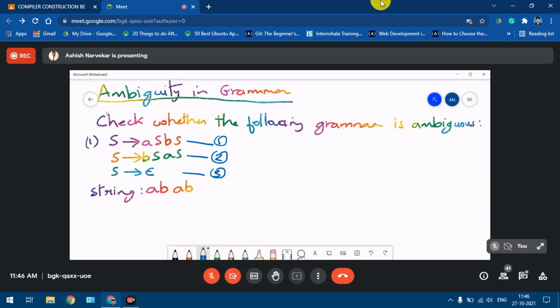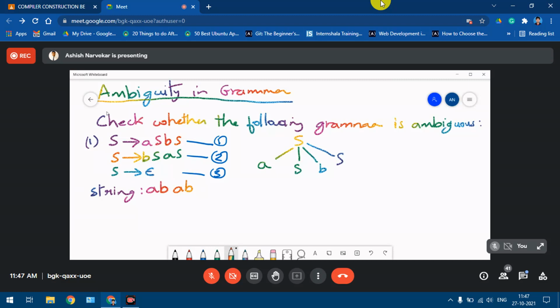So now, we can see that we cannot use production number 2 and production number 3 because they won't give us this particular string. So we can use production number 1. If we use production number 1 and start drawing the parse tree, what we get is S derives A, S, B,